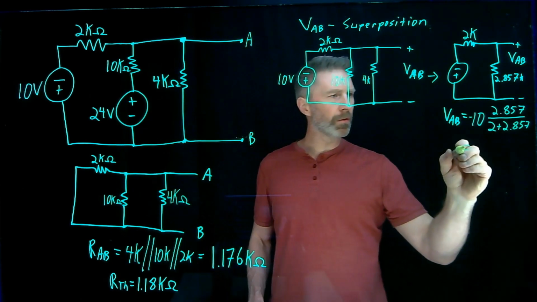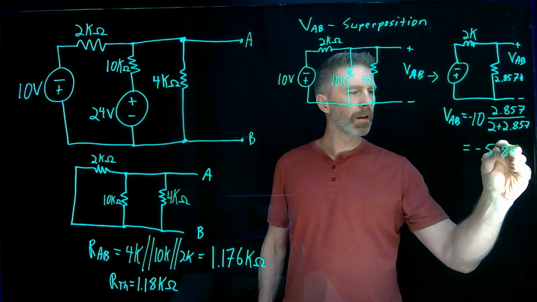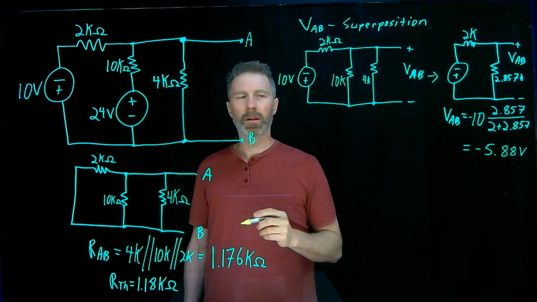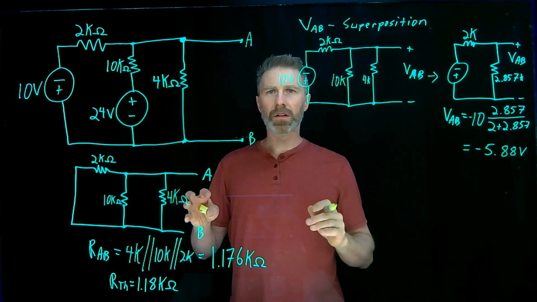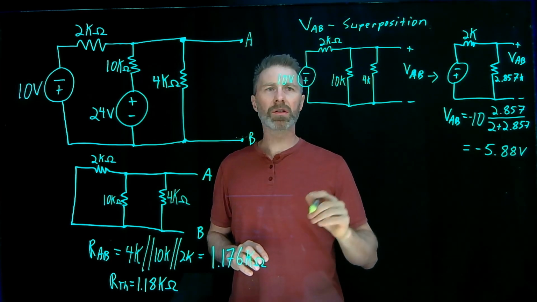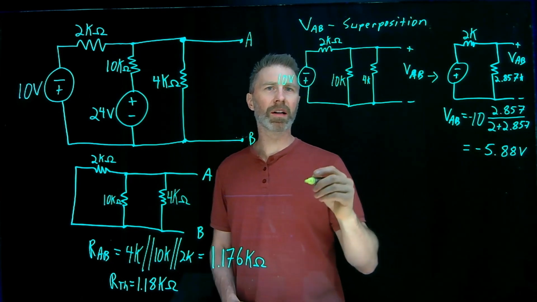And that works out to minus 5.88 volts. So that was only for the 10 volt source. And now for the second half of the superposition, I figure out what the voltage is due to the 24 volt source. It's pretty much the exact same circuit,